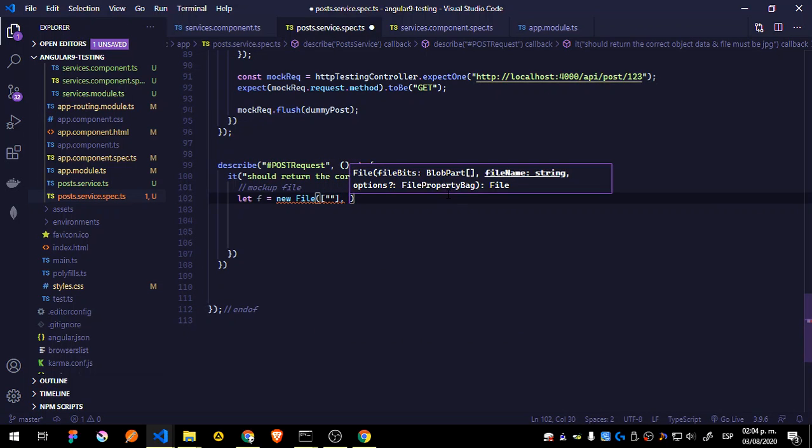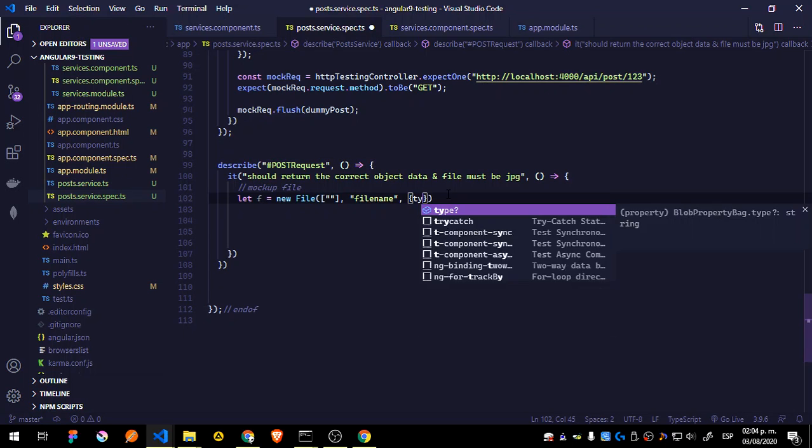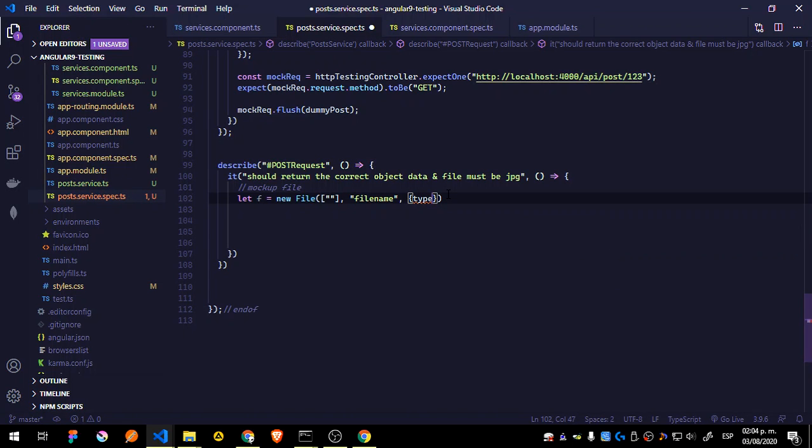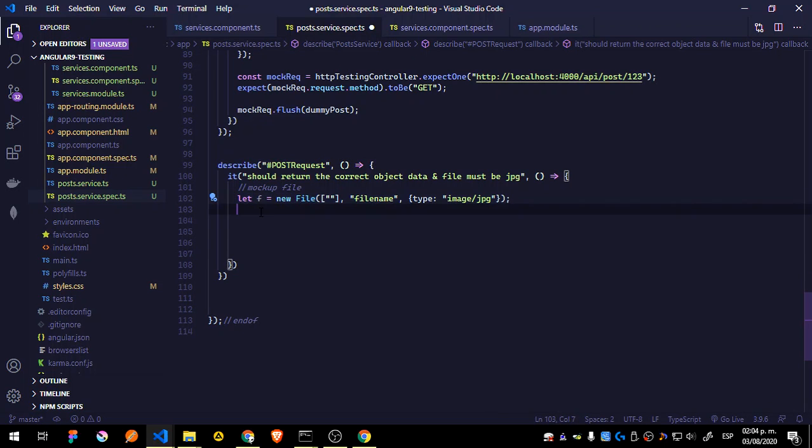So that is the blob. We pass the name just like that. We don't need to be too specific in this, and we specify the Mime type. So this is the type, and we're going to say image JPG. Okay, just that simple. You can say PNG, or you can check for GIF or whatever, but this is going to be the structure of our file,